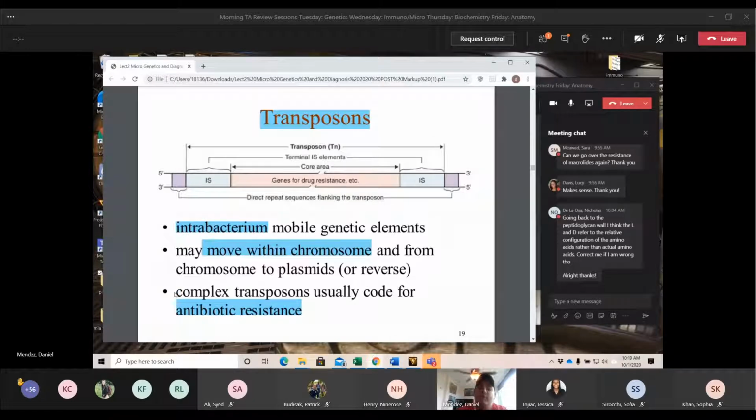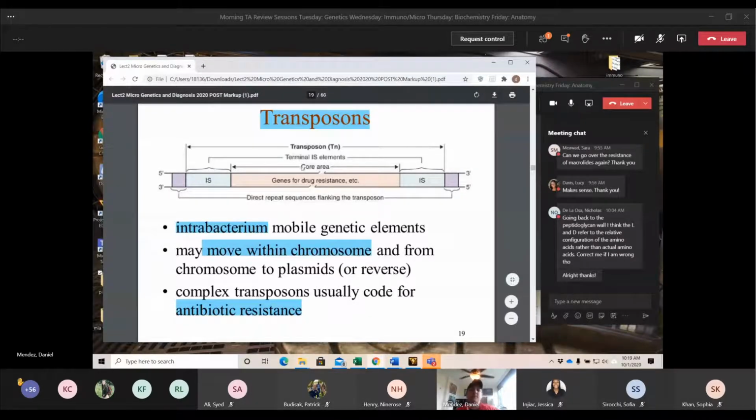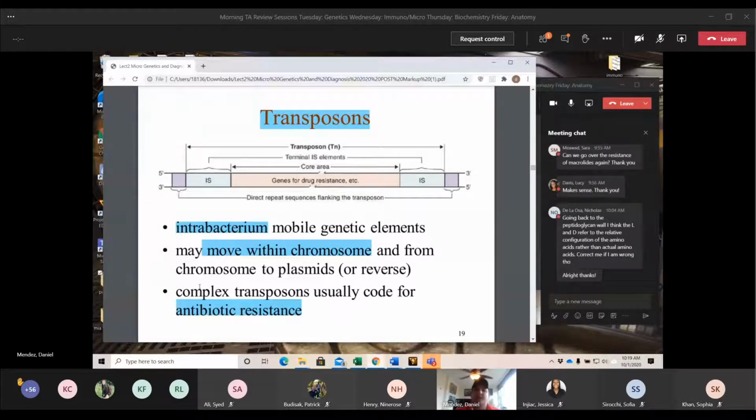So we said before that the plasmids code for virulence factors and antibiotic resistance. Well, how does the antibiotic resistance and the virulence factors actually go through transcription and translation if they're on the plasmid? Because the plasmid doesn't go through protein formation. The nucleoid does. And this is how, by them being transposons. So they go from the plasmid to the nucleoid, so to the chromosome, and then there they can be transcribed and they can be translated into proteins to actually activate antibiotic resistance or activate virulence factors.